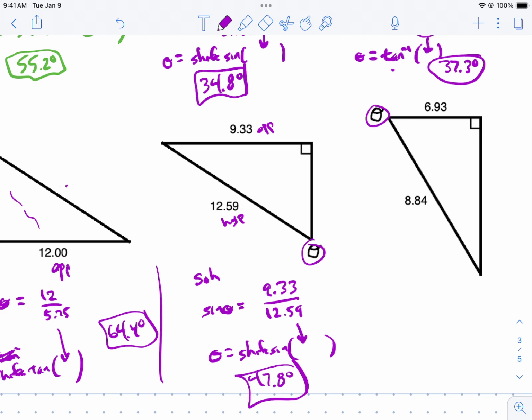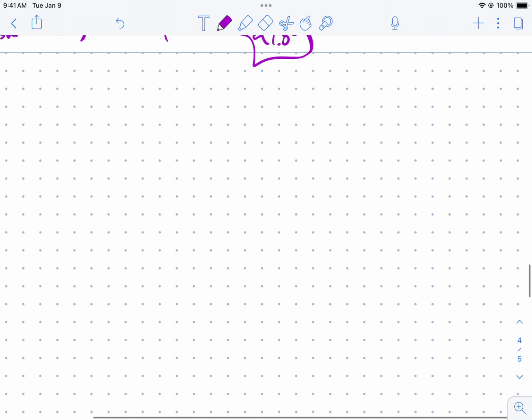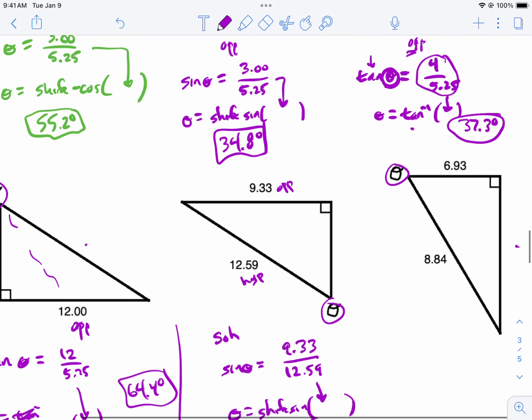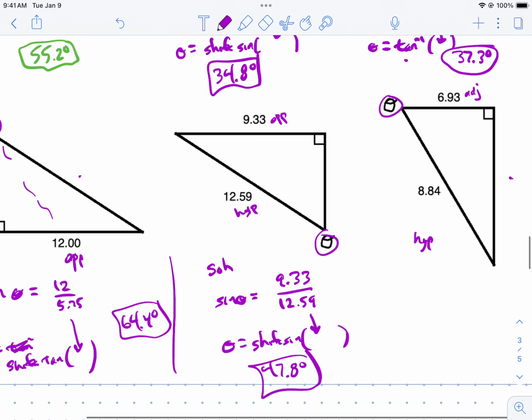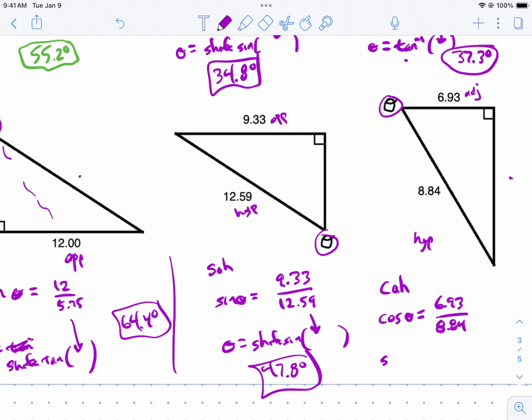Okay, so here's my theta. I know that's the opposite. For some reason, it's always the first side I see. That's the opposite, and we don't know the opposite, so forget about the opposite. This is the hypotenuse. No, it isn't. This is the hypotenuse. Cool. So this must be the adjacent, right? Right. So AH, AH is cosine. This is CAH in our SOH CAH TOA. So the cosine of that angle is the adjacent, 6.93, over the hypotenuse, 8.84. So you're doing a shift cosine